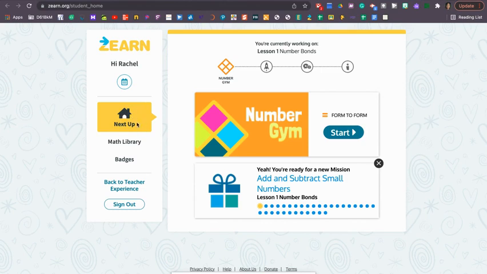and the next up part is really what you want to see. This tells you what they're currently doing. So up here it tells me you're currently working on lesson 1, number bonds. Below that you'll notice 4 icons. Those are the 4 tasks that your child needs to complete in order to unlock the next lesson within the mission. So we start with a number gym,